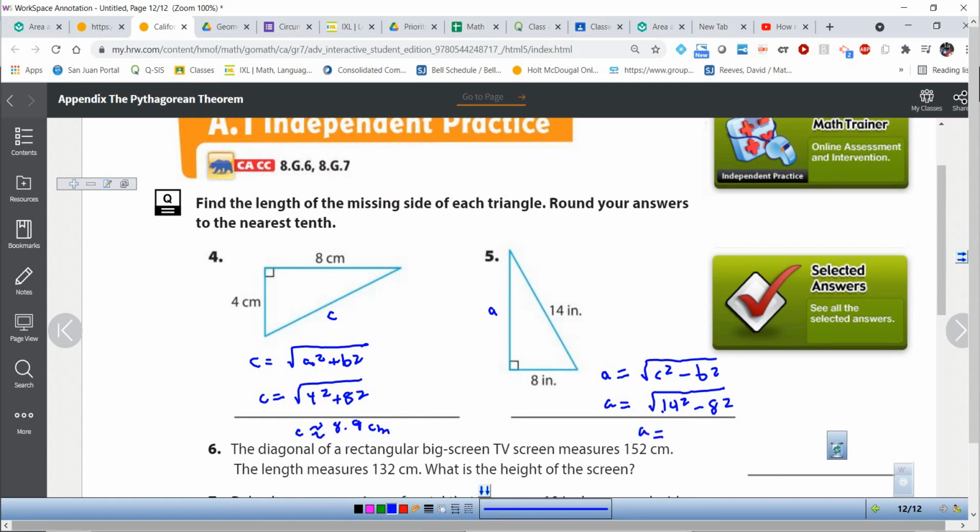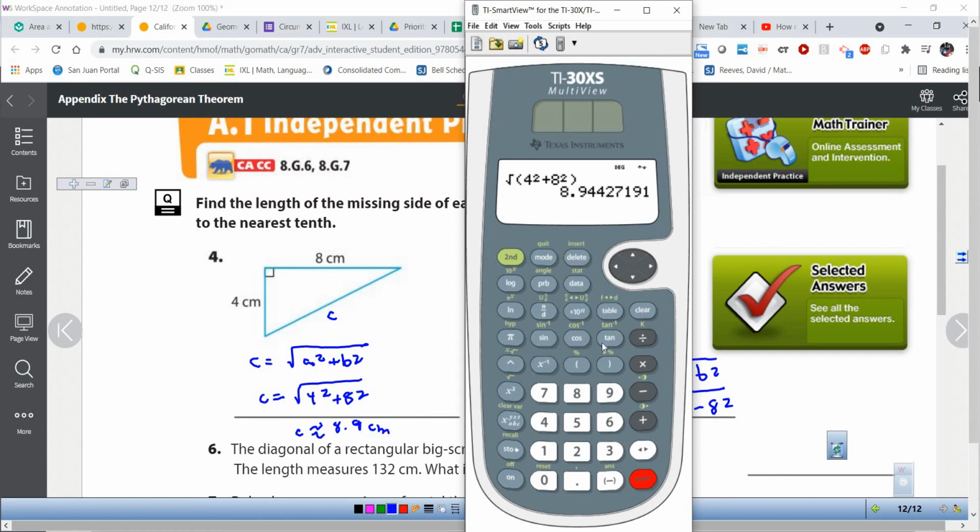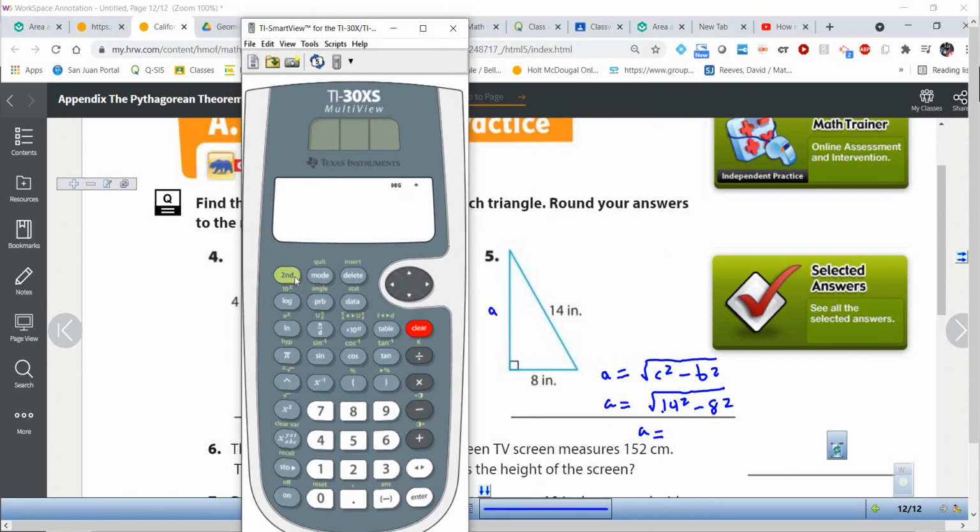All right, here we go. I'm going to go back to my handy dandy calculator. I'm going to clear it out. All right, and I'm going to put square root, second x squared. I got my square root. 14 squared minus 8 squared. Close those parentheses, and I get 11.489. It says round to the